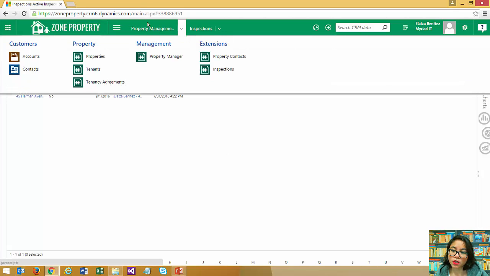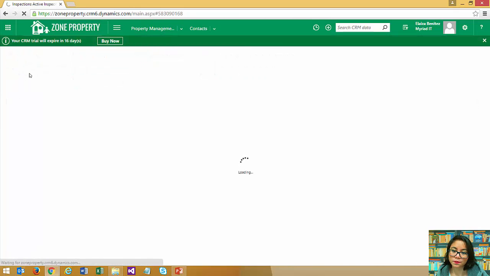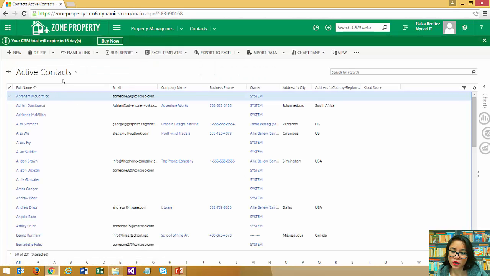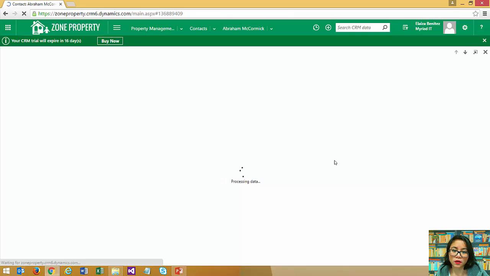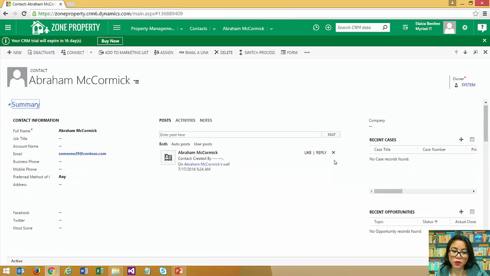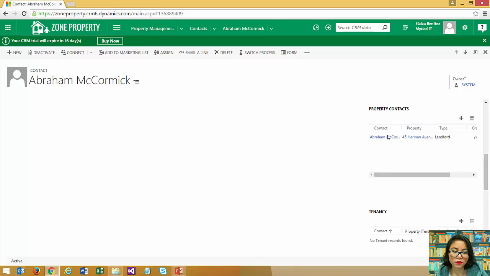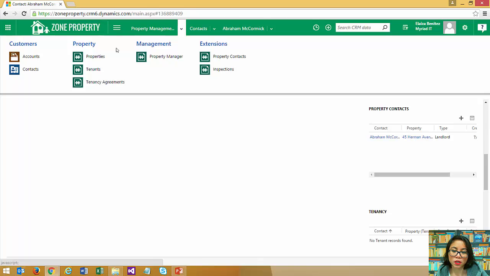So if I go to contacts and we open up the first one, we will be able to see who this person is a property contact for, as you can see. So this is the subgrid that we had added. As you can see, it's pulling the details through. And then if we were to go into the property record itself,